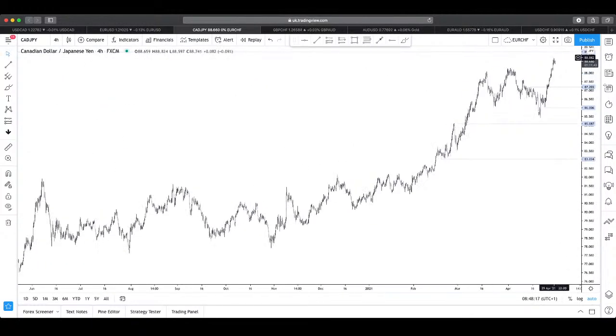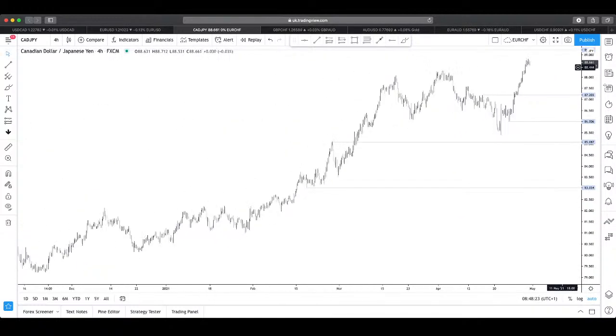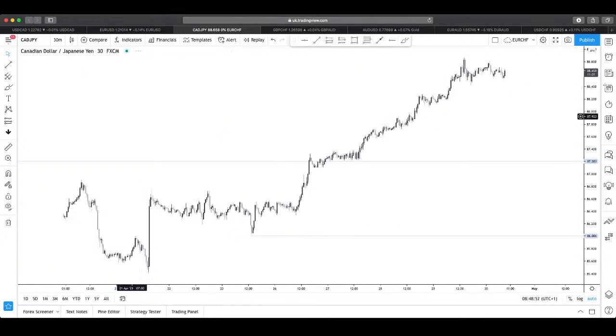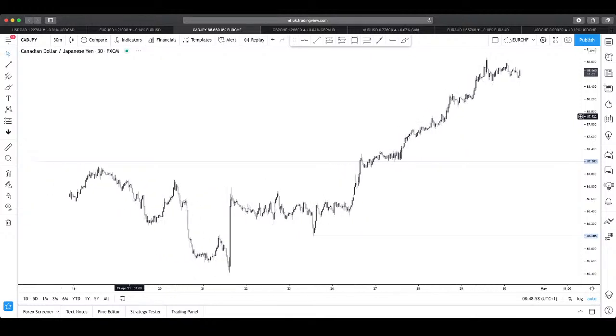Which, as we can see, we have come pretty close to reaching, and probably in all likelihood with a little bit of positivity out of the CAD GDP at 1:30 today, we will likely see that move completed. That does come as a little bit of a surprise. Wasn't expecting to see that hit quite so quickly, but the fact of the matter is that we've had a decent position there. 240 pips, so a very, very good position to have been involved in. Pretty much just zero drawdown from the move at 186 all the way through,